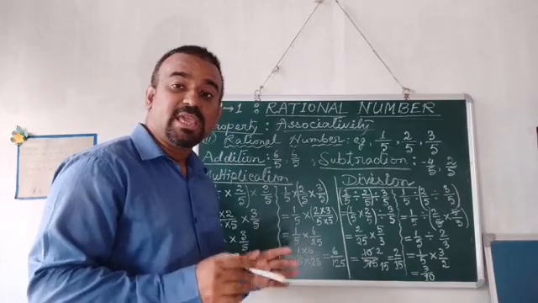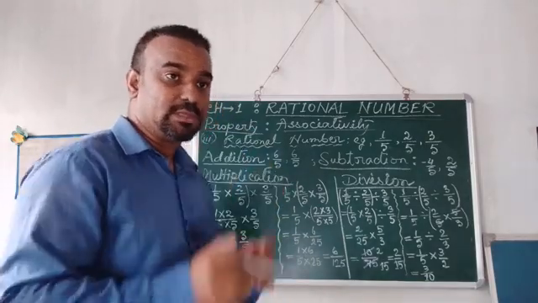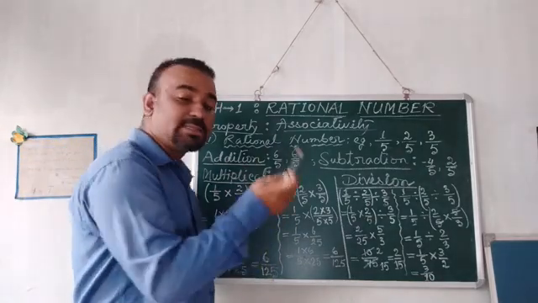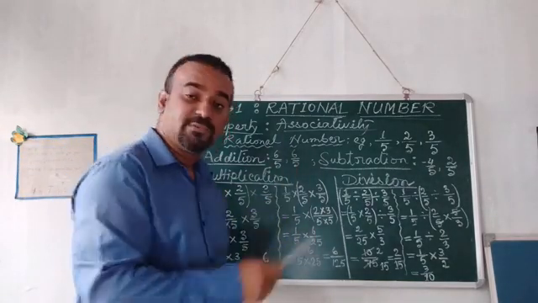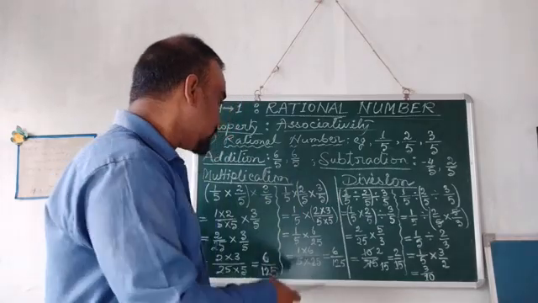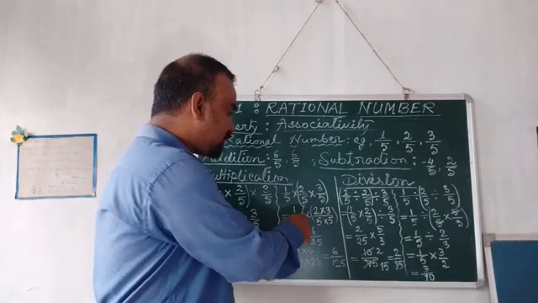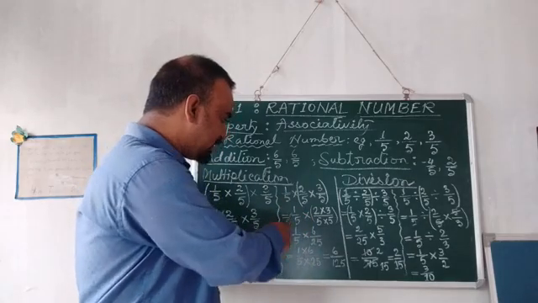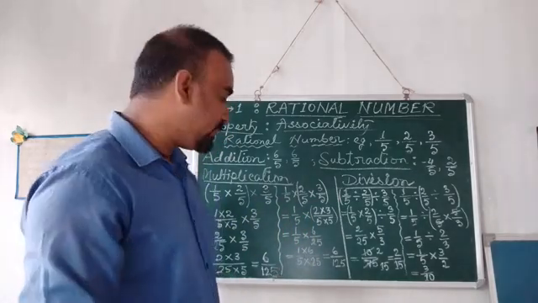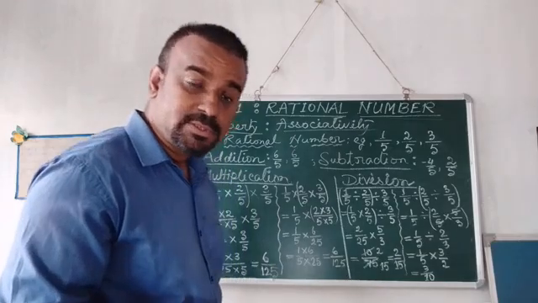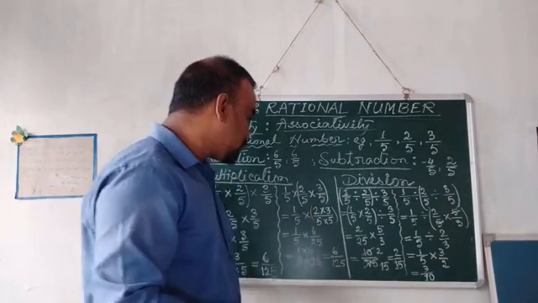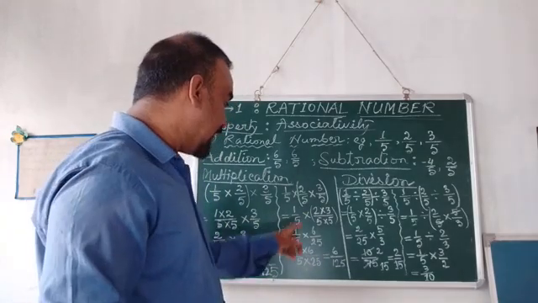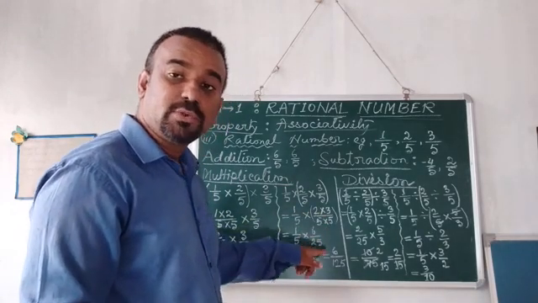Now we will change the position of the bracket. We will move it to the other numbers and find out what happens over there. So again the same examples, 1 by 5 into 2 by 5 into 3 by 5. This time we will put the bracket for 2 by 5 and 3 by 5. So 1 by 5 will remain as 1 by 5 because we have to solve the bracket first. When you multiply 2 and 3, 2 into 3 gives you 6, and 5 and 5 gives you 25.